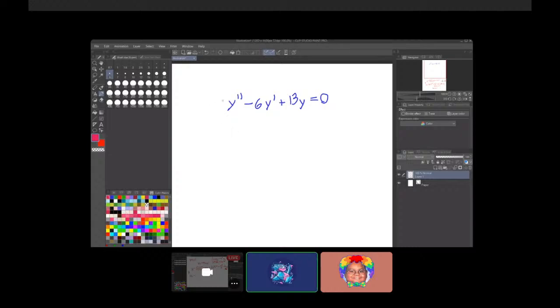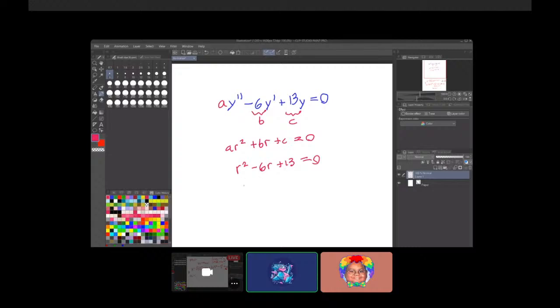So we imagine that there's a constant there named a, this constant is b, this constant is c, and we would do ar squared plus br plus c is equal to 0, or r squared minus 6r plus 13 equals 0. I know it's just a quadratic,